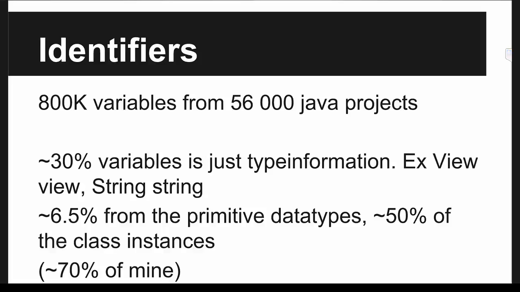But in the cases of class instances, around 50% of those were just type information. In my code, I have a lot of class instances, and 70% of such names were just type information in PHP in this case. Because in PHP, we don't need to specify the type of a variable, right? So we just write the name of the variable and equals new something. And we have type hinting for arguments into a method, but